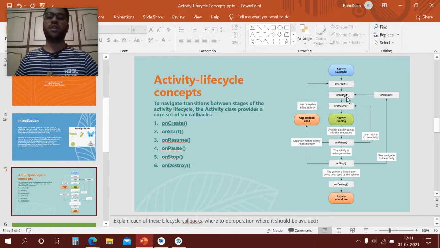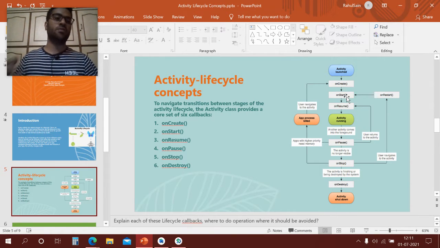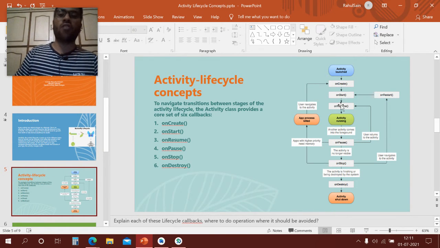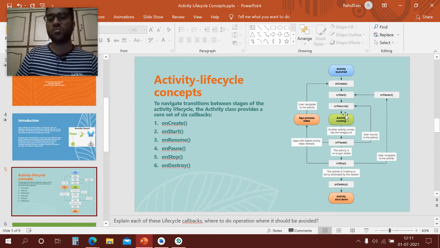When it is called, we can see the activity, but we are not able to interact with it. So for that, we have the onResume method, which enables us to interact with the activity, and the activity is focusable.